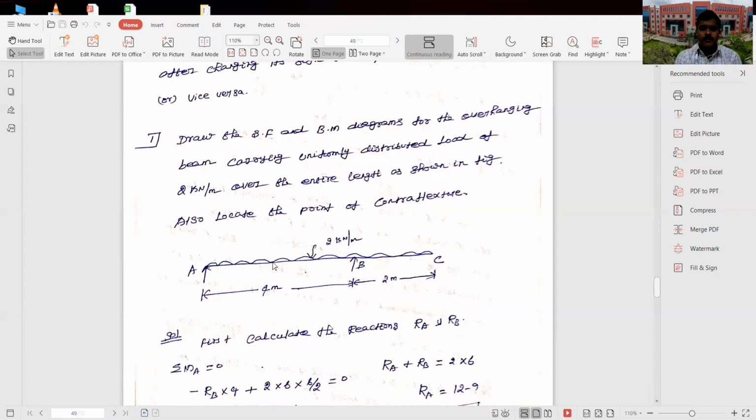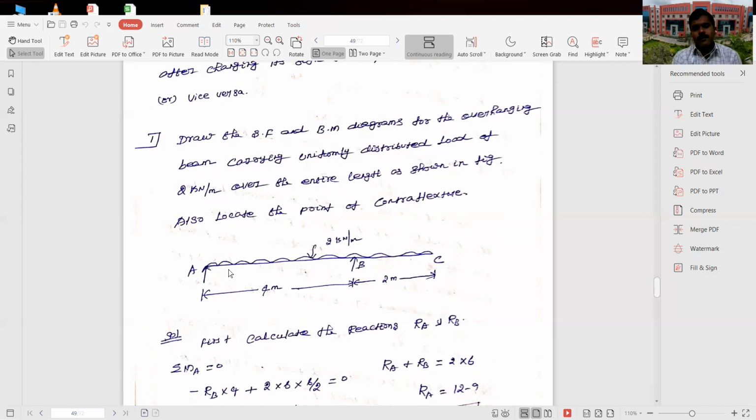So what is shear force? The algebraic sum of all the forces acting either to the left side or right side of the section we consider. So if I'm taking the section between A and B, I just consider the left side; if I add all the forces, that is called shear force. So what is bending moment? The algebraic sum of all the moments acting on either the left side or right side of the section. Suppose I take the section between A and B and take the left side; if I add all the moments, then it is called the bending moment. So this is how we calculate shear force and bending moment.